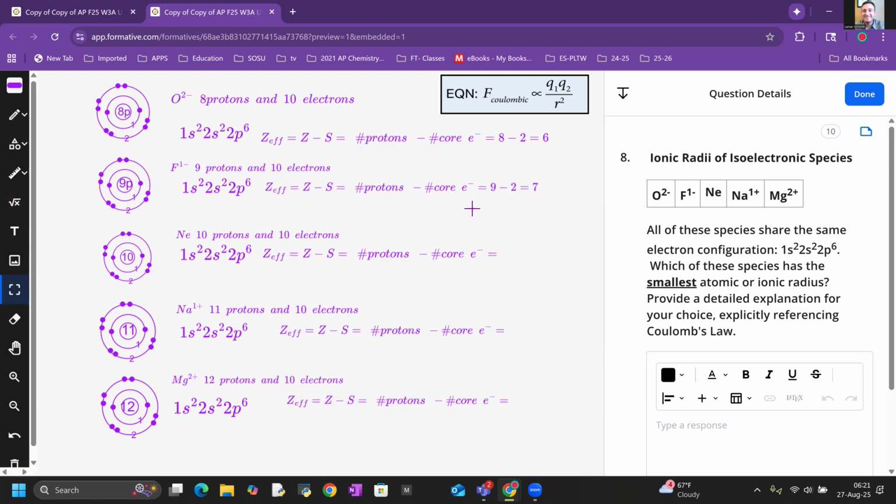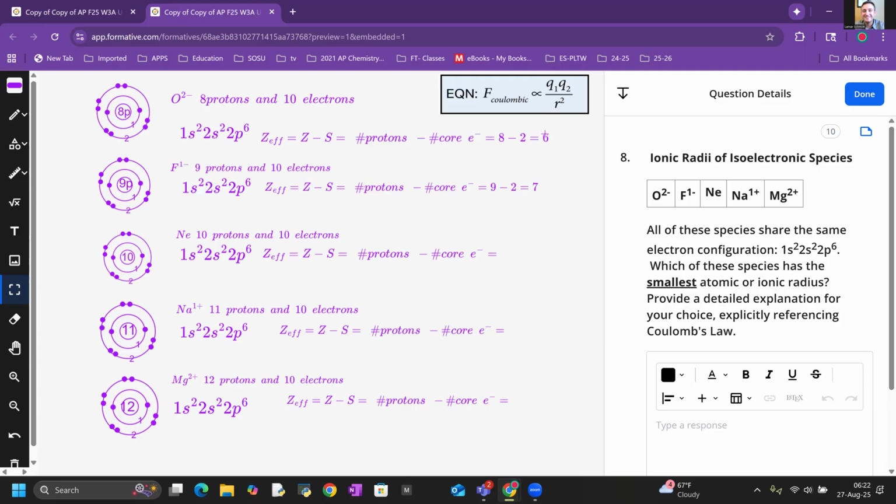And you will probably notice that oxygen is in group 16 or group 6A, and fluorine is in group 7A. Interesting, huh? So we see the effective nuclear charge of 6, effective nuclear charge of 7. So what we would say then is that because the effective nuclear charge, the charge within the nucleus, is less